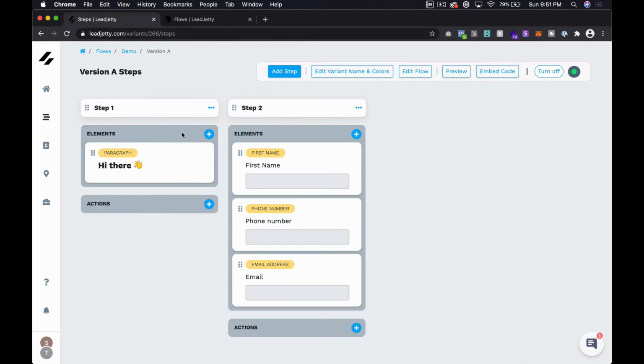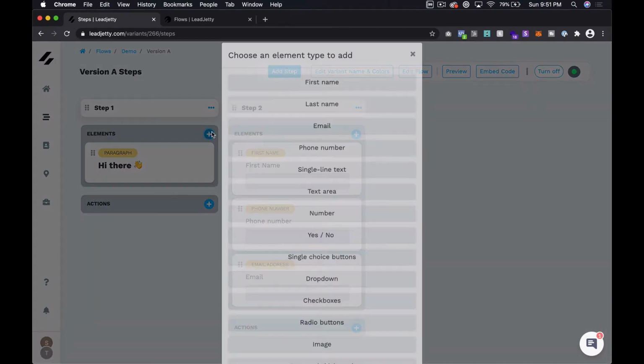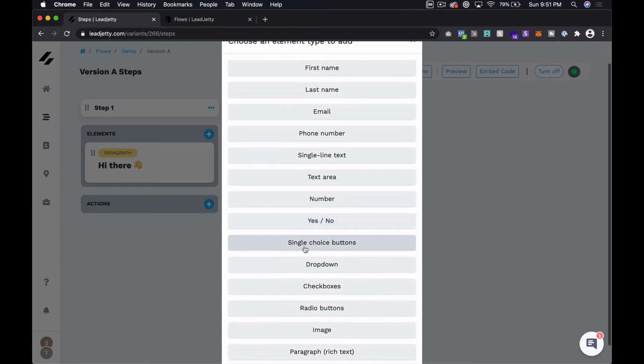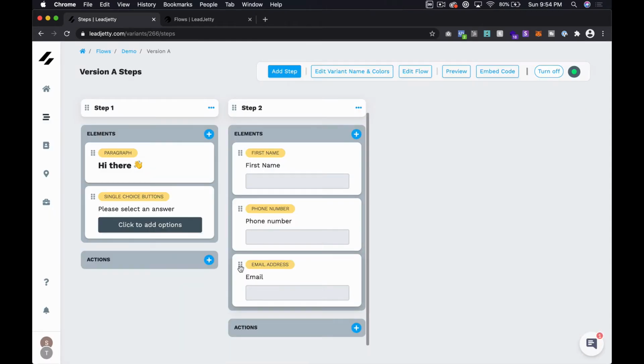Now what we can do is actually click and we add another plus. And one cool trick is if you just want to have one single button, you can basically think of it like a multiple choice with only one answer. And so in our system, we have these single choice buttons. So let's click this. So as you'll see, we do provide a few templates and we're working on more, but